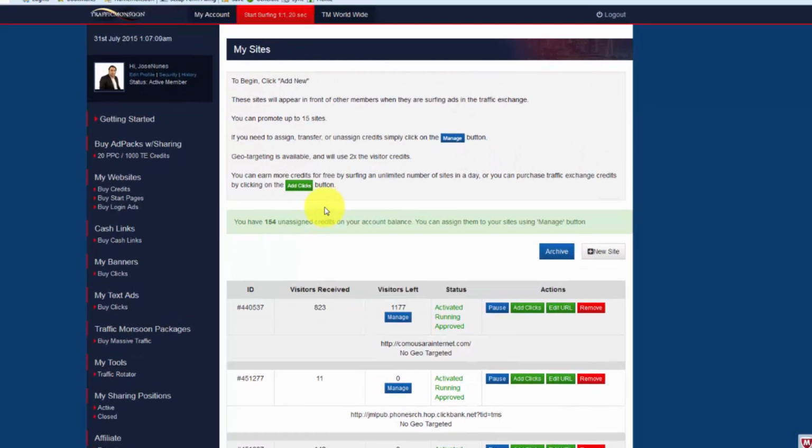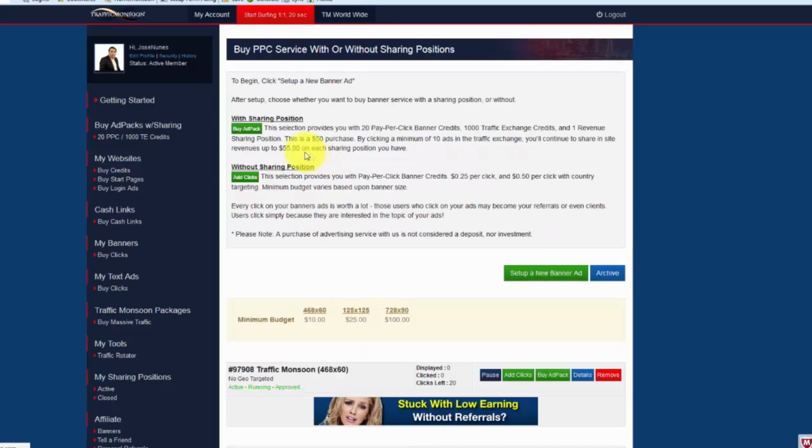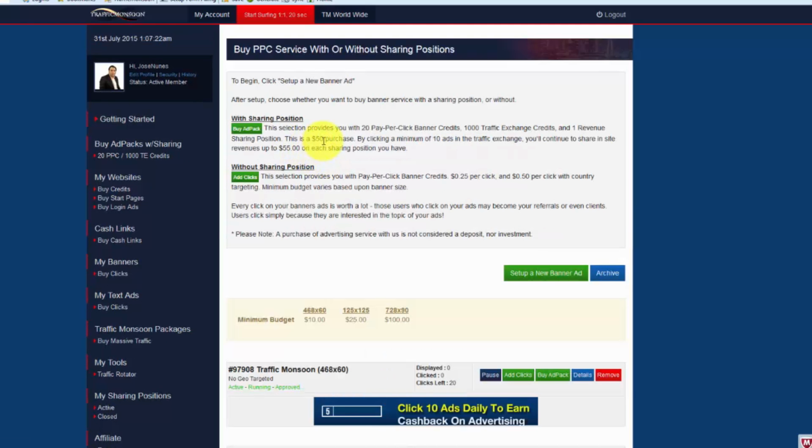You swap credits for credits. If you are a sharing member, having shares pays you $1 per day, up to $55. The $50 down payment that you put in for the revenue share gets you one revenue share per $50.